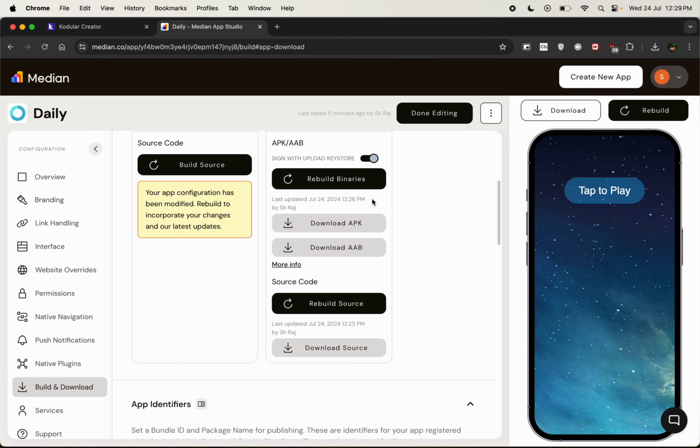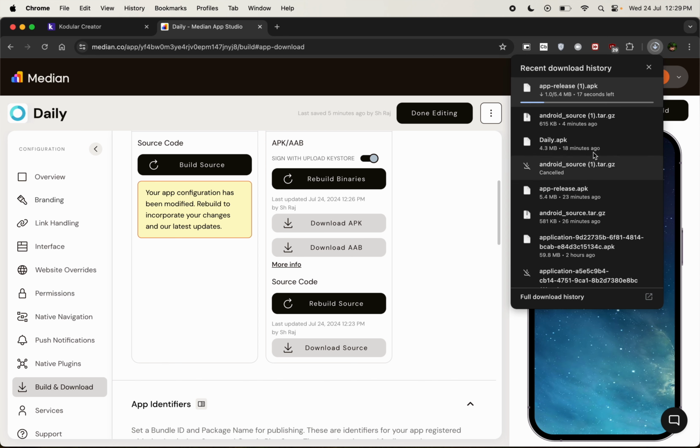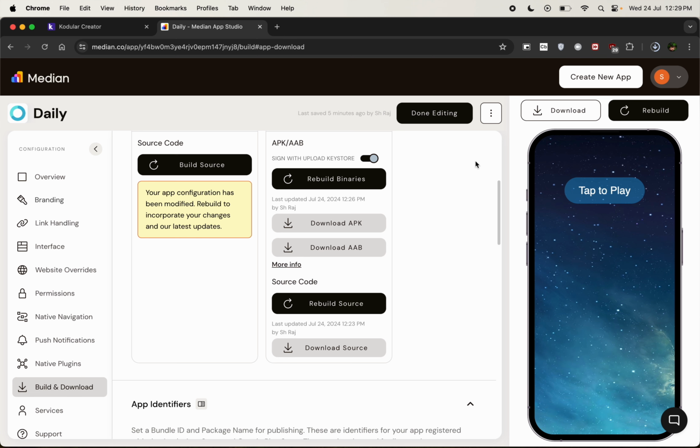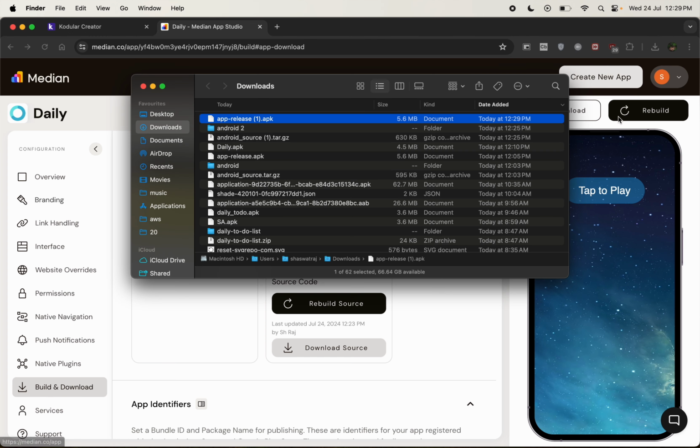Okay, so our APK file is built. I can download it, and after downloading, you can share this to your Android using any website like vShare or Wormhole, and just upload it there and scan the QR code and download it on mobile. Okay, or just close it,